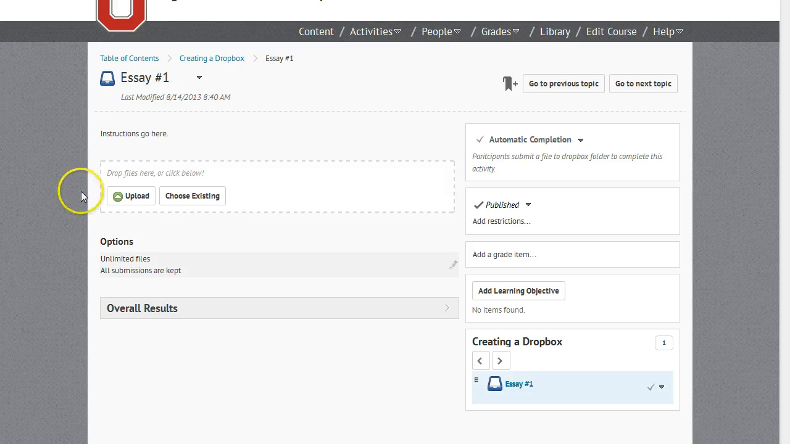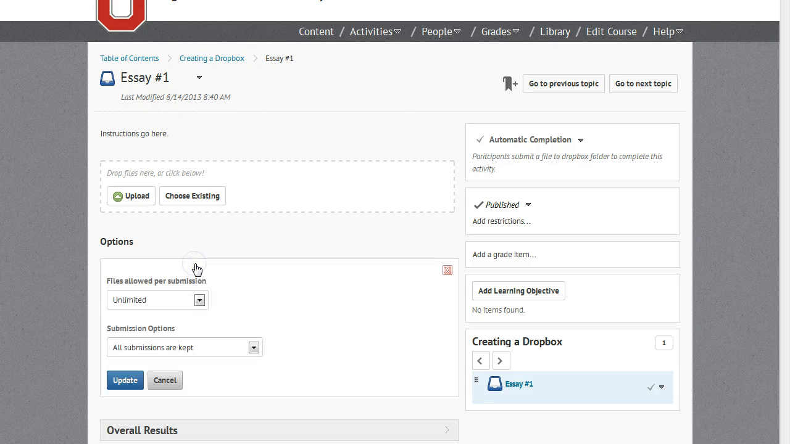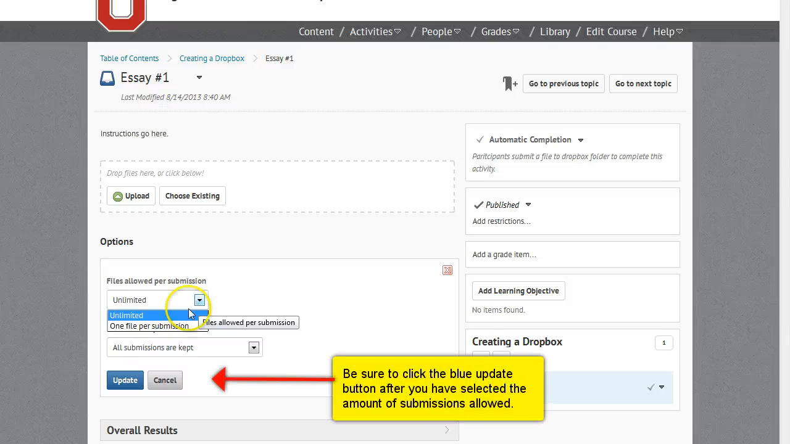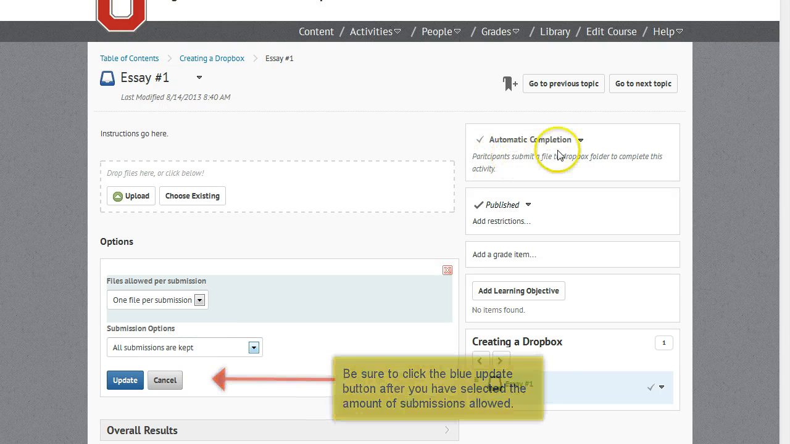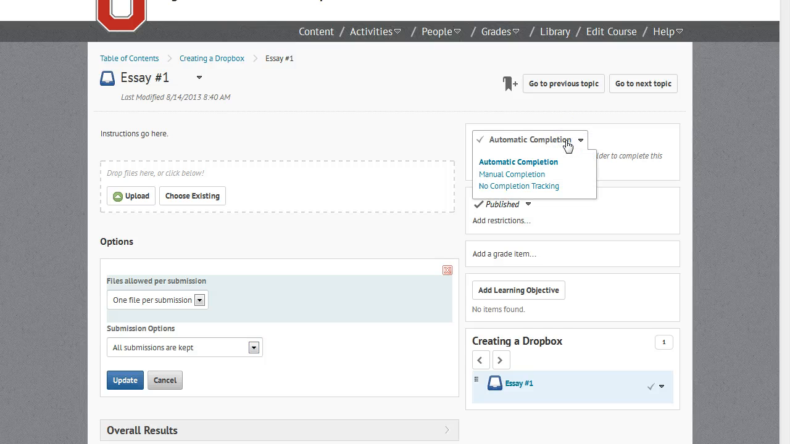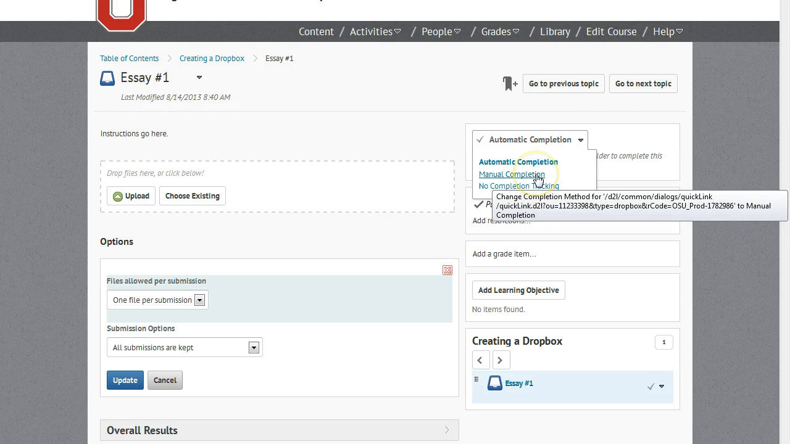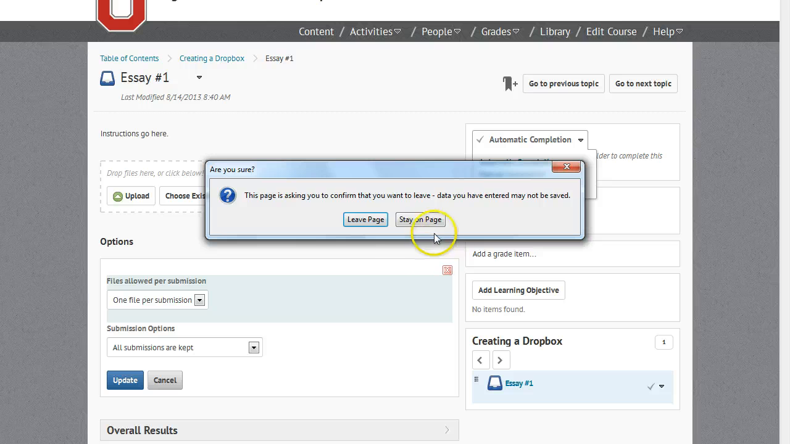Once you are on this page, you will see that you have several options for creating the parameters of this assignment. If you click under Options, then you will see that you can tell Carmen whether you want to allow the students an unlimited amount of submissions or if you only want to allow them to submit one time. The automatic completion option just lets the student know that it was submitted. You also have a manual completion option,